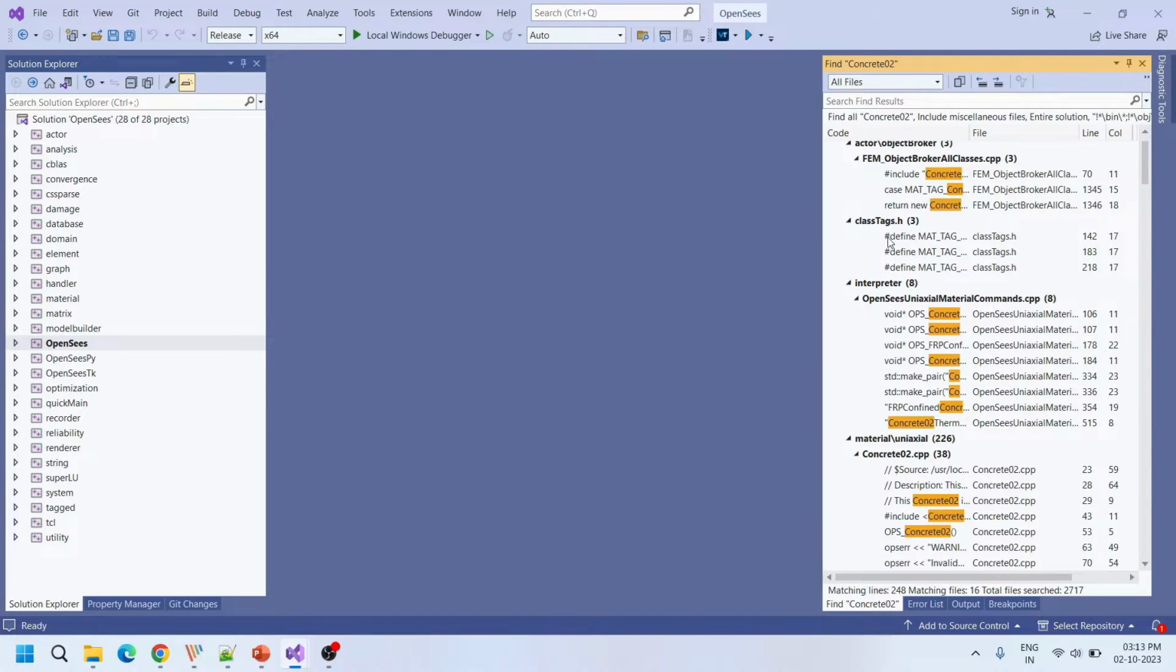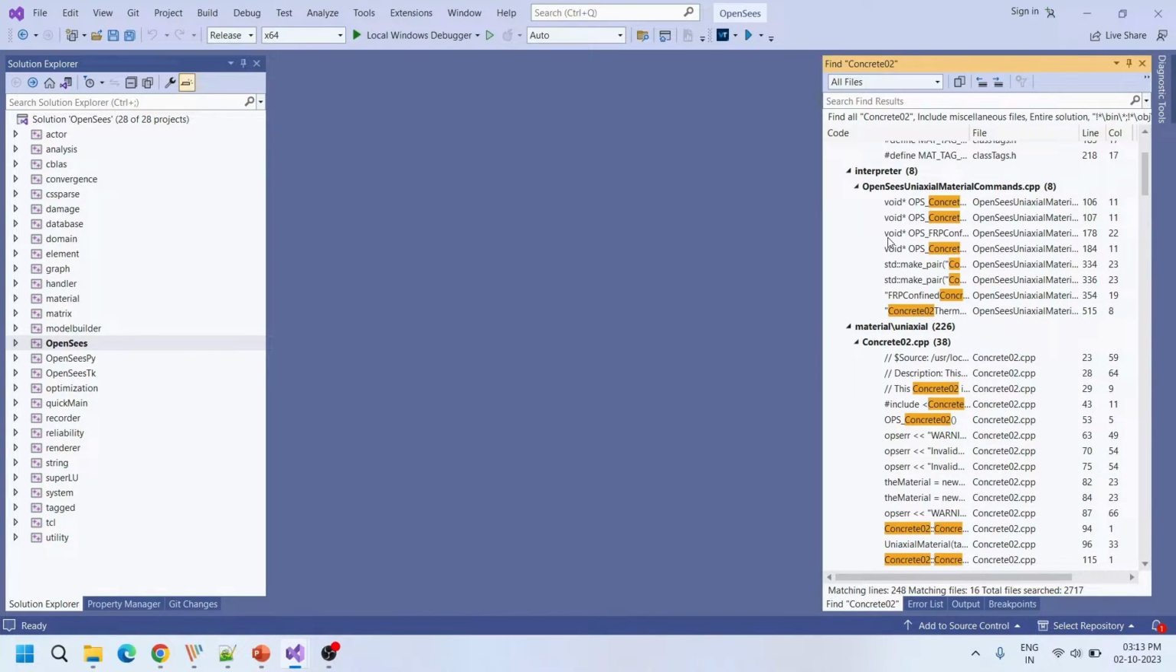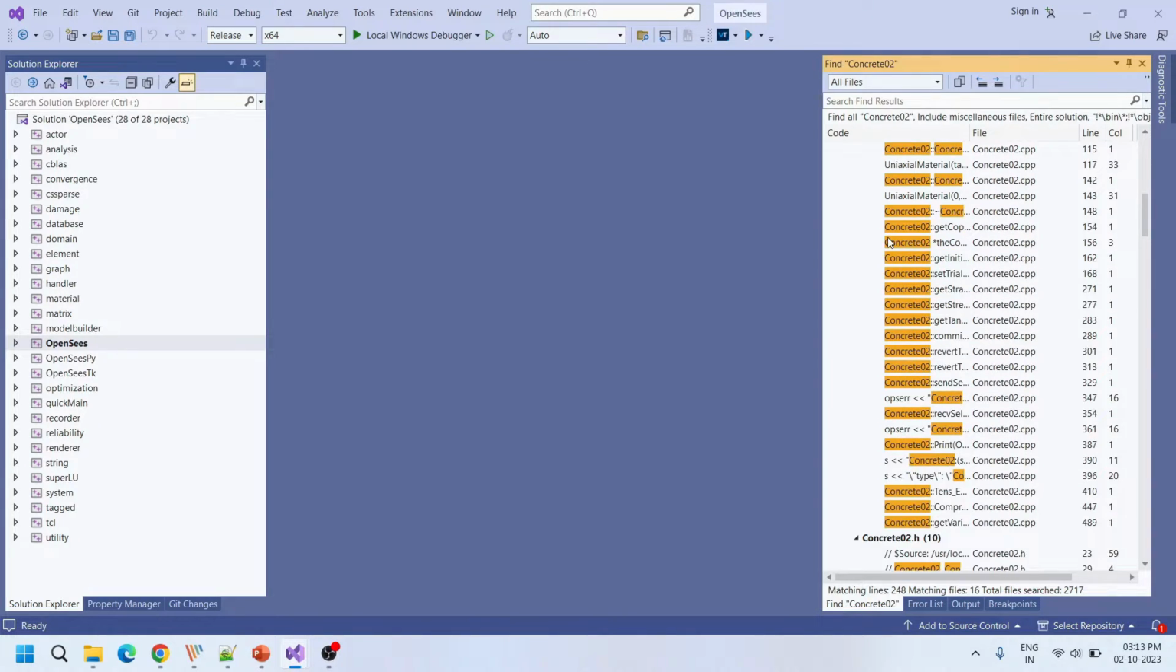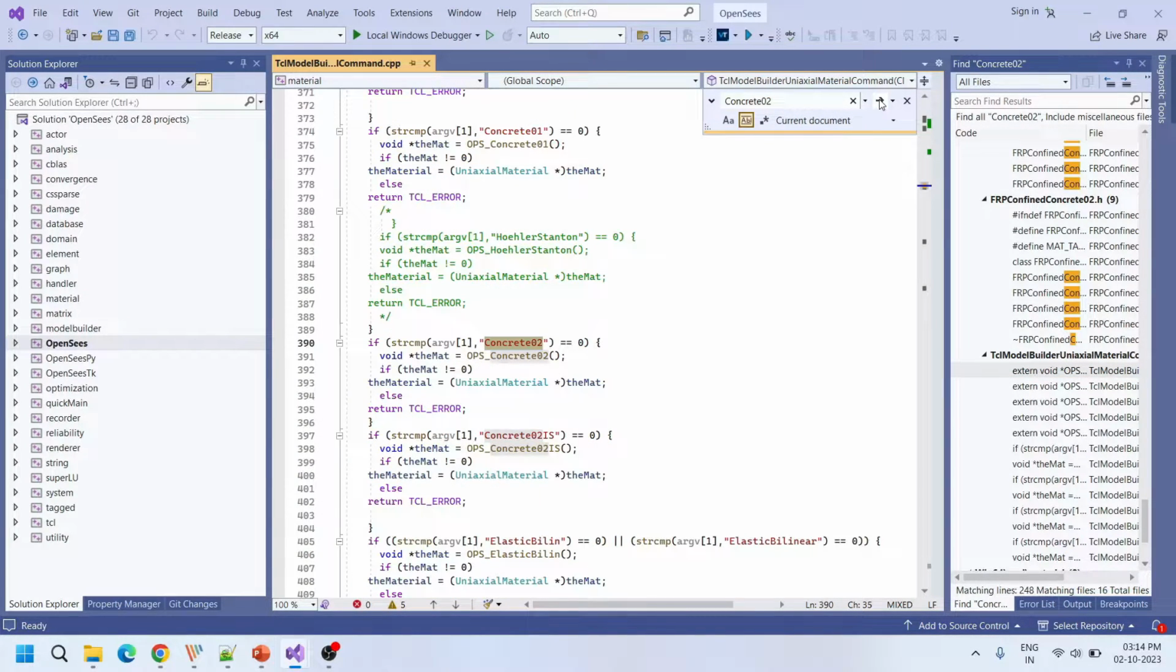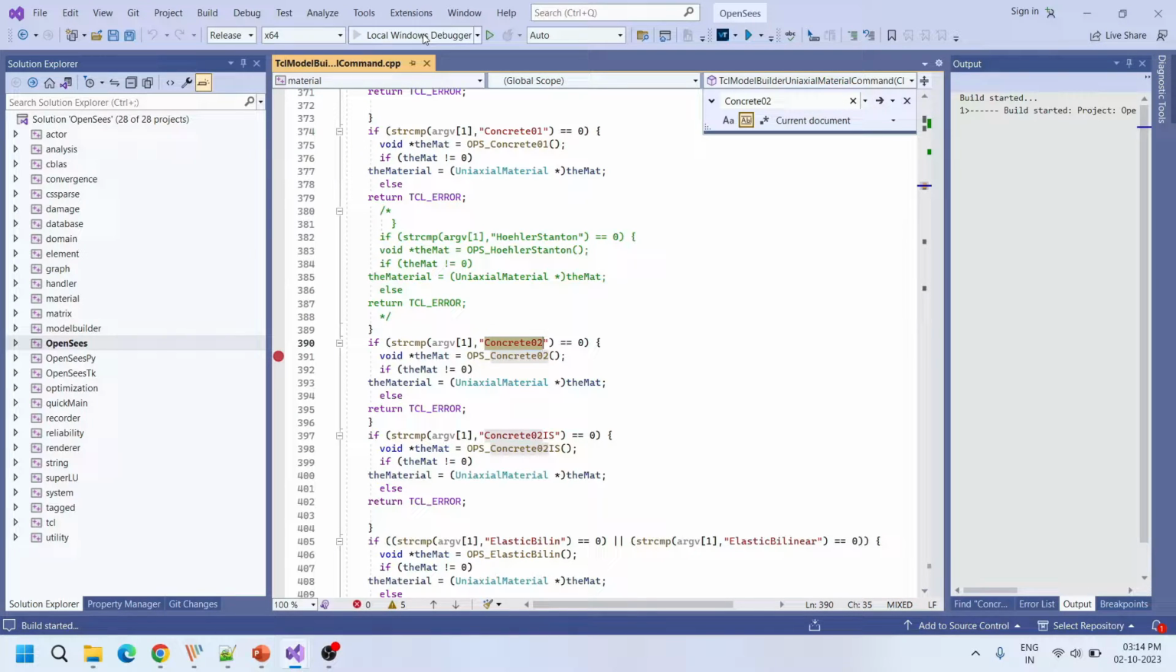So I'm going to find a file wherein all the TCL commands are written. This one, TCL model builder uniaxial material commands. So let's search for concrete02 within this document. Yes, here. So here it is coded like, if the first argument of the command is equal to concrete02, where C is a capital letter, then the pointer mat is set to OPS underscore concrete02. So just put a breakpoint here and run this debugger,